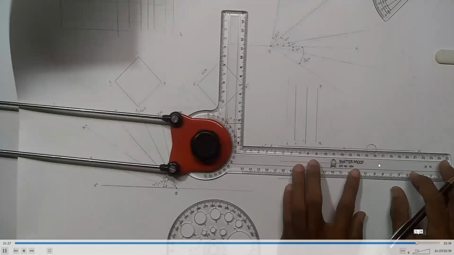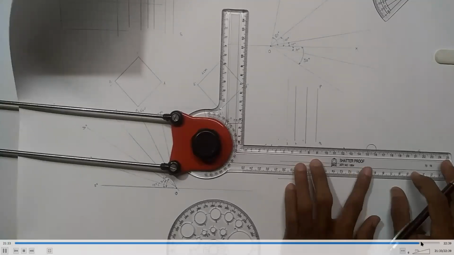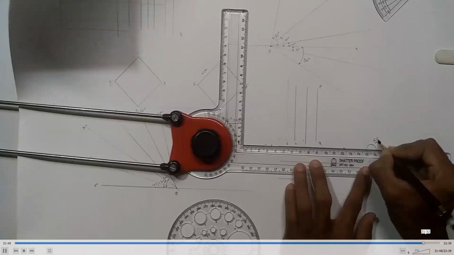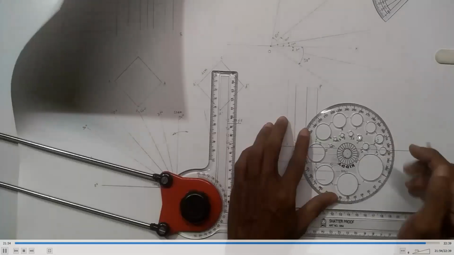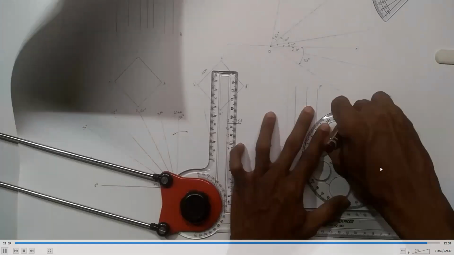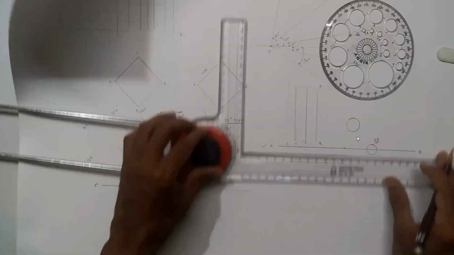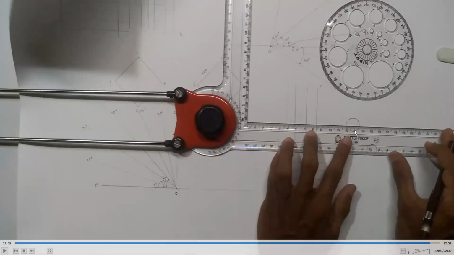So right now this circle has a diameter equal to 12 mm. So this is the R6 circle, that is the radius is 6 mm. This dimension is directly given on this template. This is the second circle having a diameter of 16 mm. You can see here on this horizontal scale, this is equal to 16 mm.